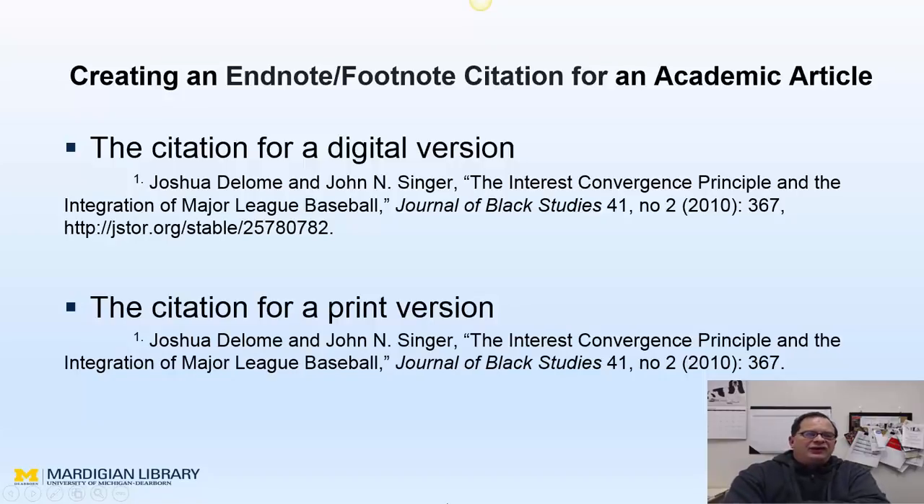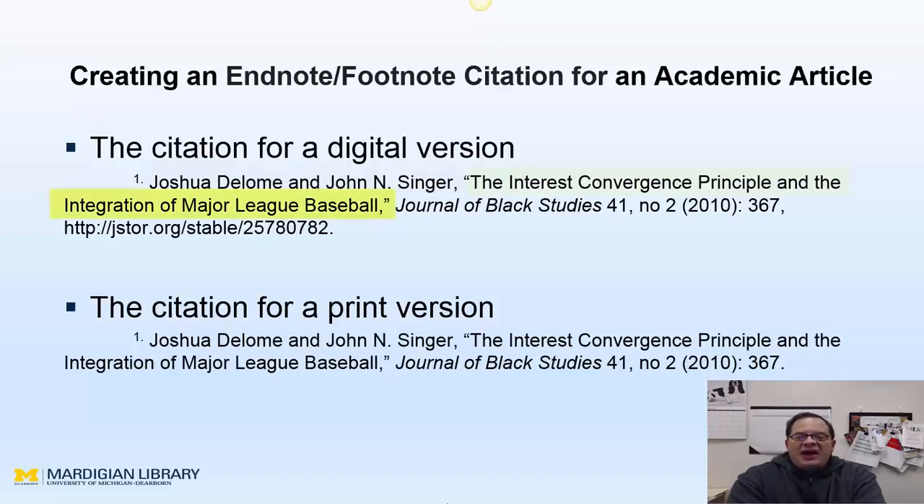And now we are ready to create our endnote or footnote citation for our academic article. So the first thing we are doing is establishing what number this endnote or footnote is. In this case, it is 1. Then we will indent, list the number, which in this case again is number 1, and then list the authors or author. In this case, it is authors, Joshua DeLome and John N. Singer. And if it was just one author, we would just have the comma after Joshua DeLome, and then go